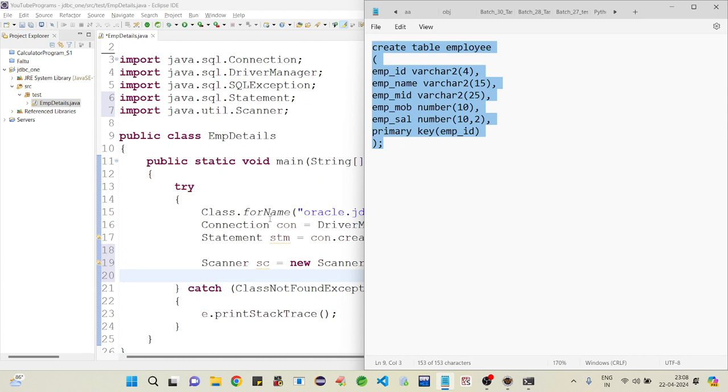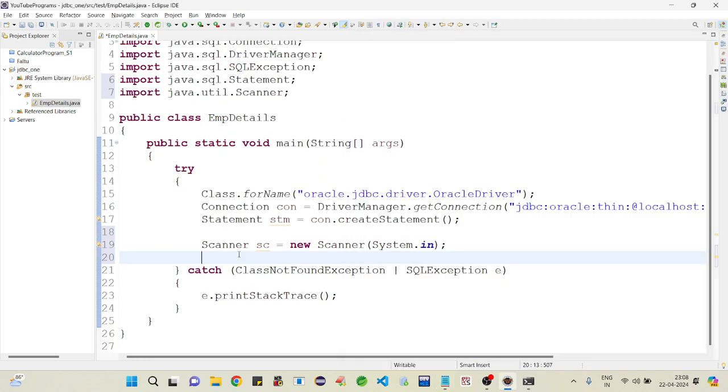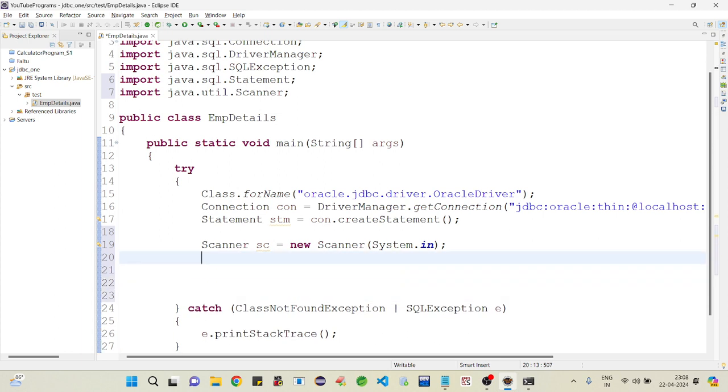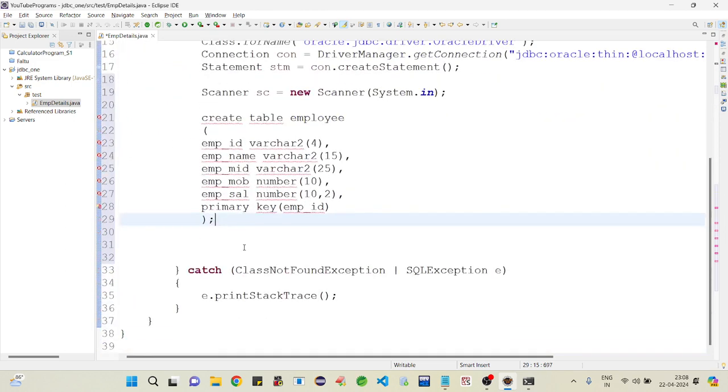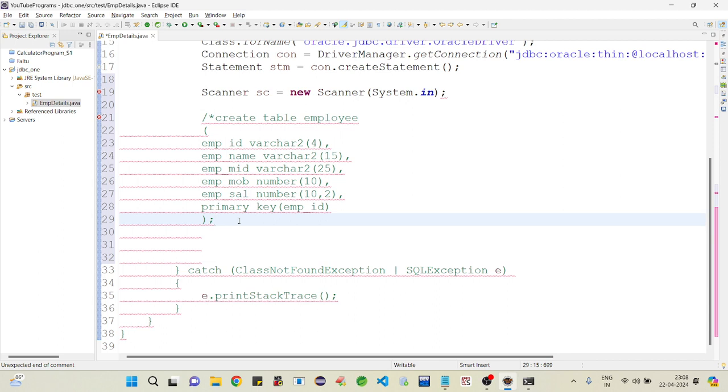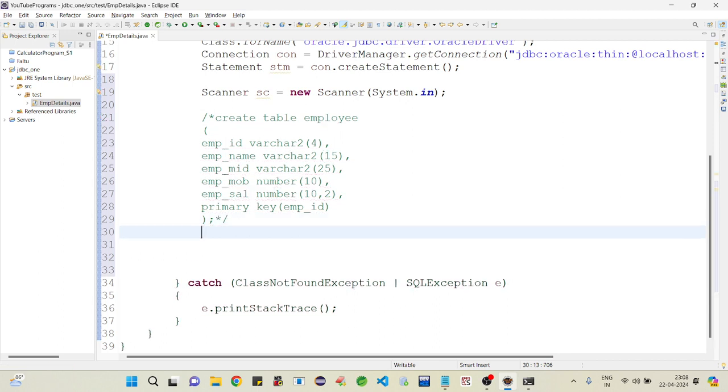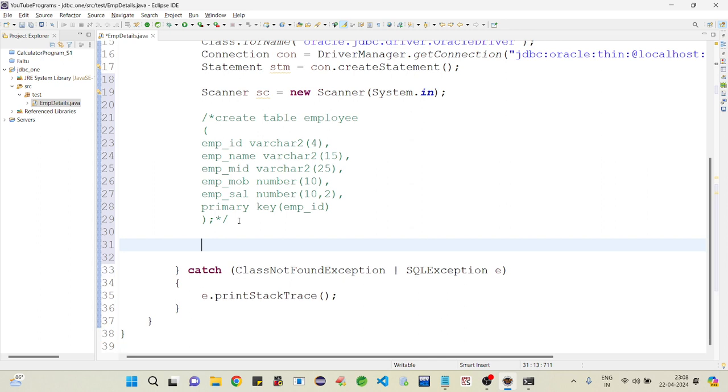I am copying and pasting this here as a comment for reference, so I get an idea what input I have to take.